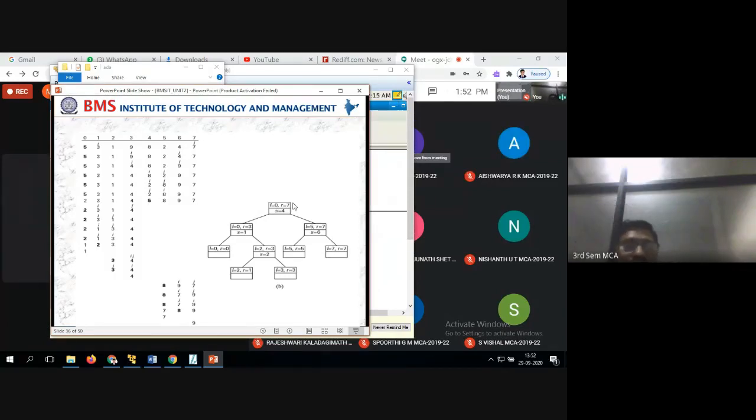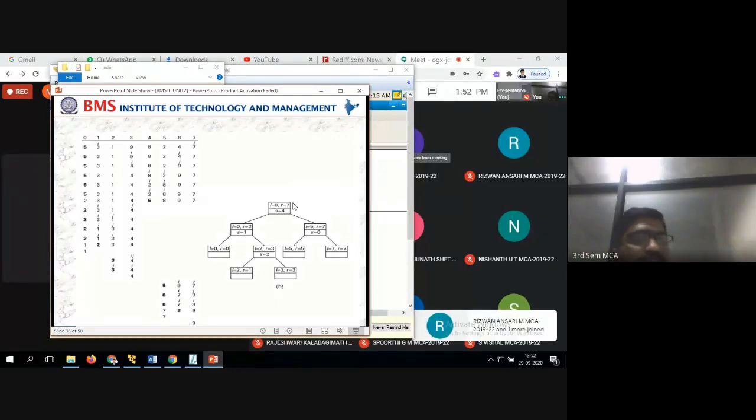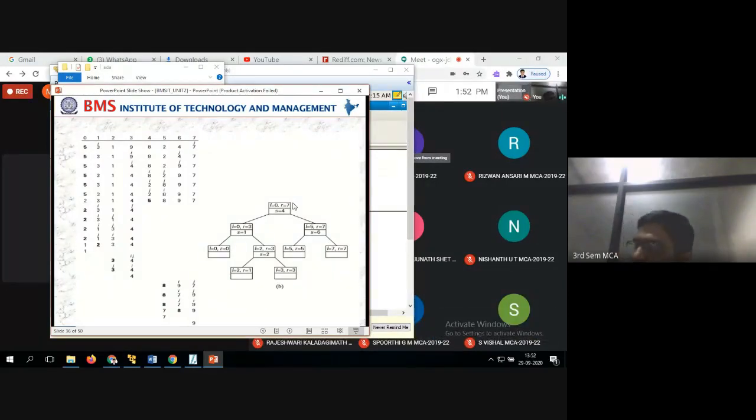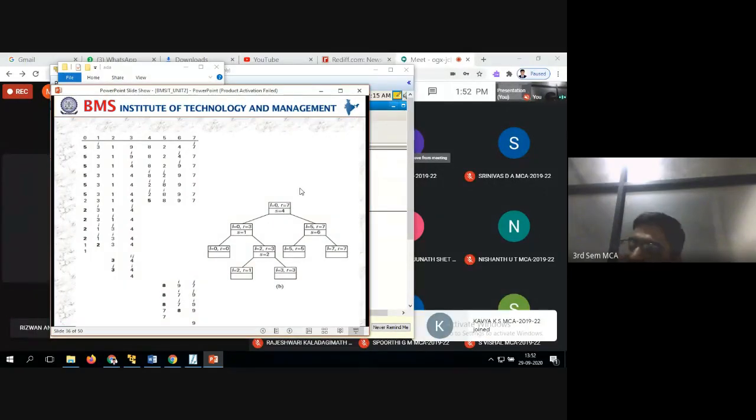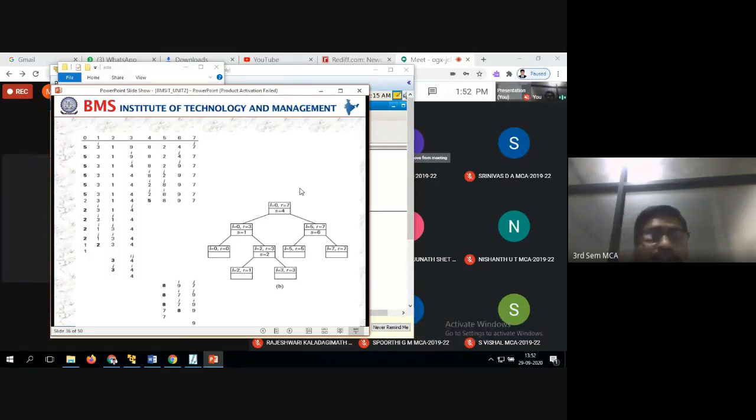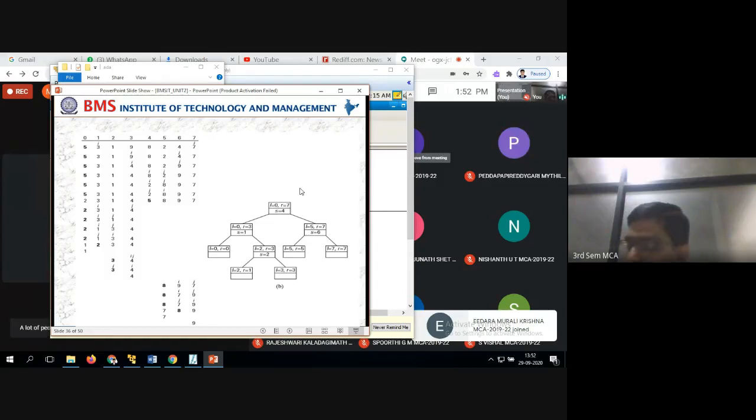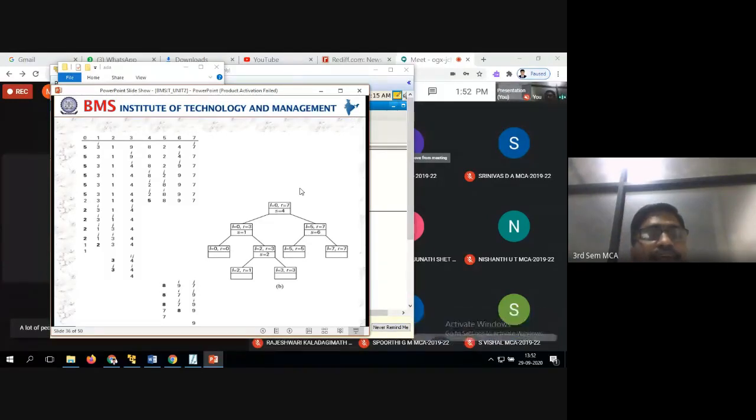Same elements I told you in the class also. Now how to write the code, that's what we need to write. The same example we have done already, but now we have to write the code. In any programming, there is no need to memorize the code. Take one example, and after taking the example, write the code. Now take the same example: 5, 3, 1, 9, 8, 2, 4, 7.